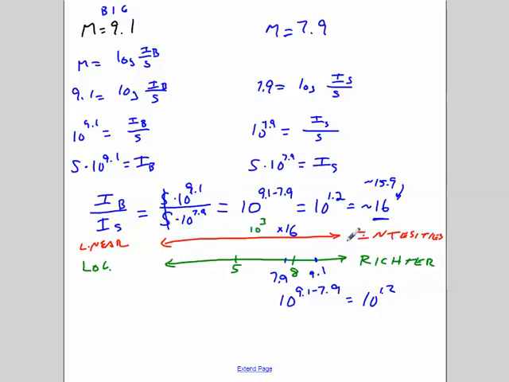So the shortcut is, if I give you two Richter scale measurements, 9.1 and 7.9, and I want to know how much more intense it is, subtract the numbers on the Richter scale, 9.1 minus 7.9, and take that number as the exponent of 10. 10 to that power is how many times more powerful that is, about